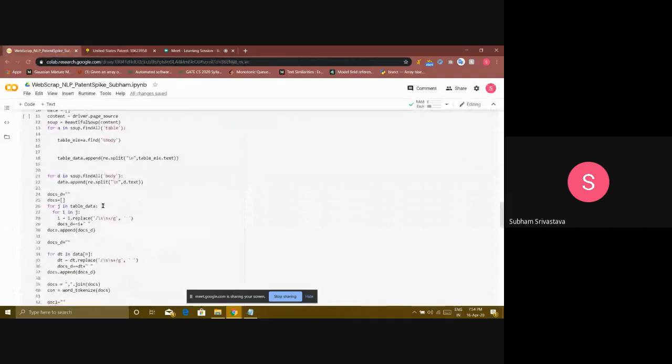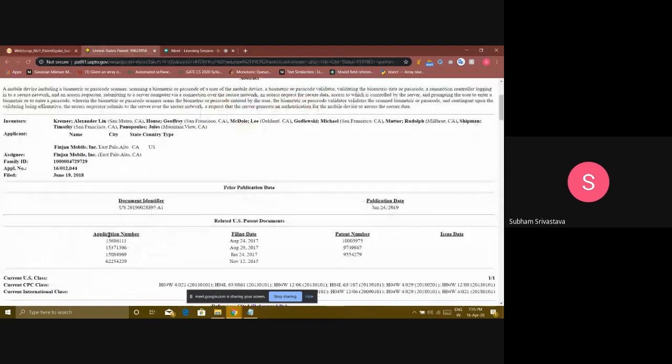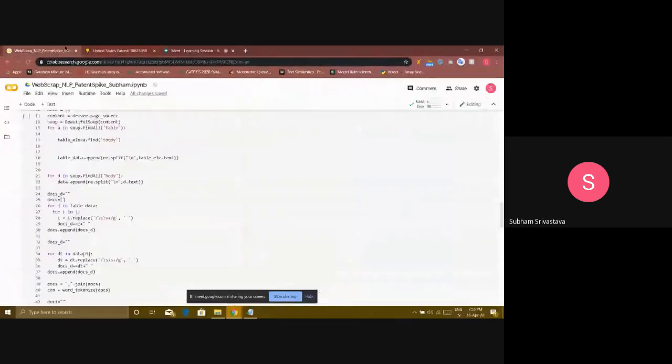It will store it in a variable, and then find all the tbody elements within that table. Why I'm selecting tbody is because all these documents have the same thead. As you can see here, the headings, for example, the words application number, the words filing date, won't give any information to my document vector, because for all the documents it is the same. And at the end of the day, what I'm trying to do is compare different documents, right? That is why I've taken only tbody here.